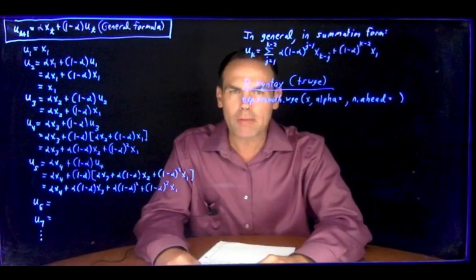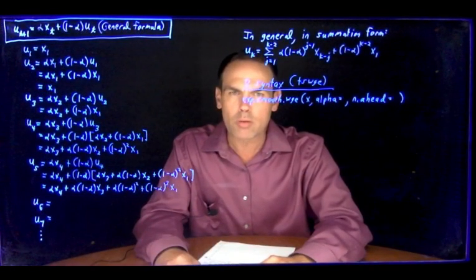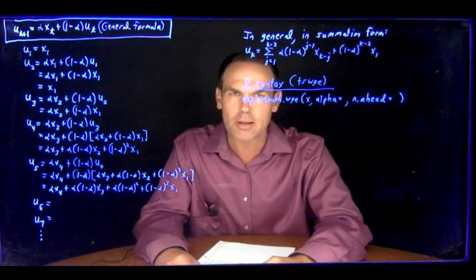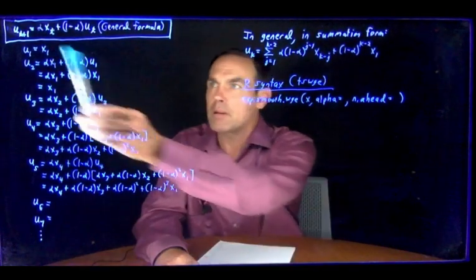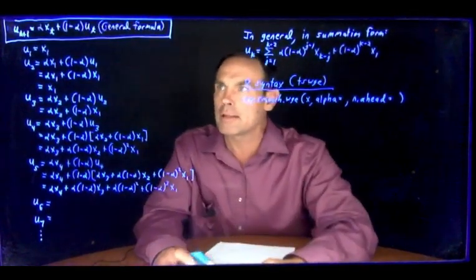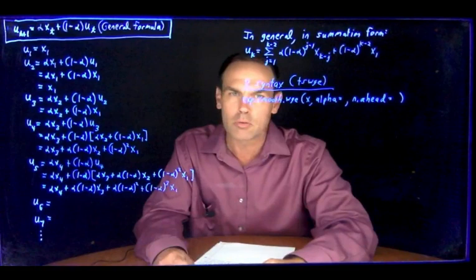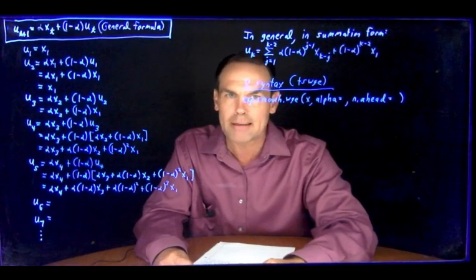Okay, let's pick up where we left off on the last light board. Remember, we were talking about the recursive general formula for exponential smoothing. And it looked like this at the top here. I've rewritten the formula, and it's u sub t plus 1 equals alpha x sub t plus 1 minus alpha times